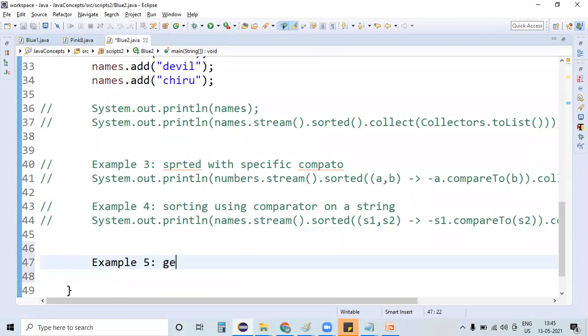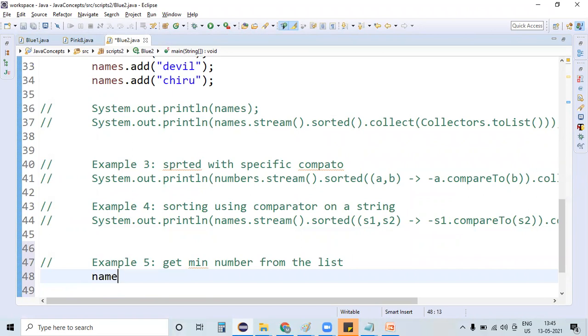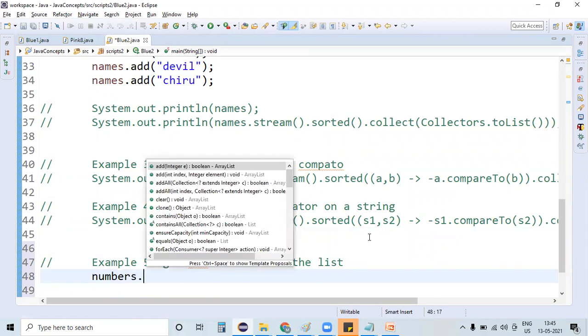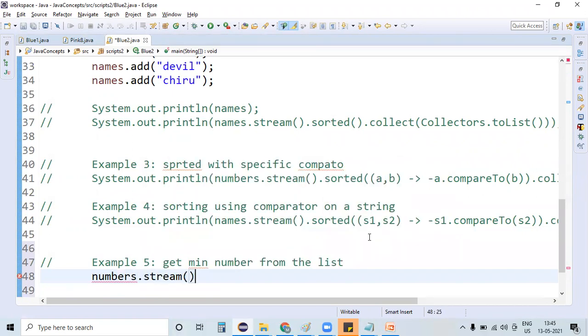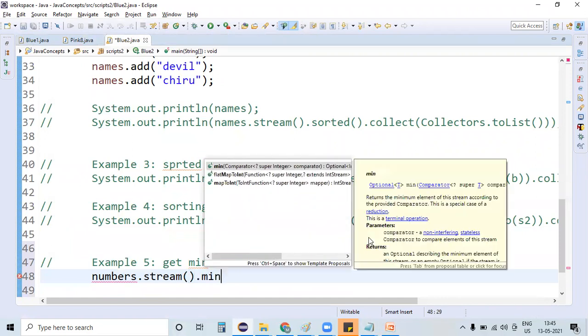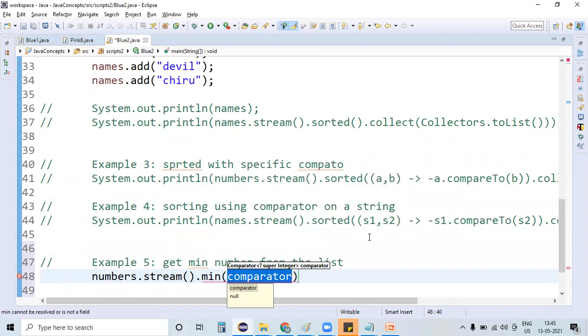Let me add one more example here. Example 5, get minimum number from the list. I have already given my numbers: numbers dot, convert it into a stream dot min. I just want to get a minimum number.